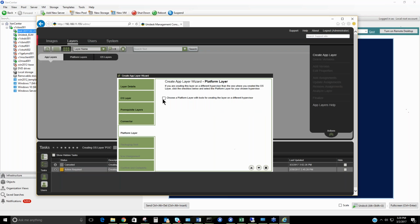Now this is a cool screen. Anybody that's done packaging before, you'll really like this. You can pick that, and you can take any other layer in your environment and have it put on your install machine. Why would you use that? Let's say I'm installing the full Acrobat that has add-ins into Office. It won't do that if Office isn't there. So I can just